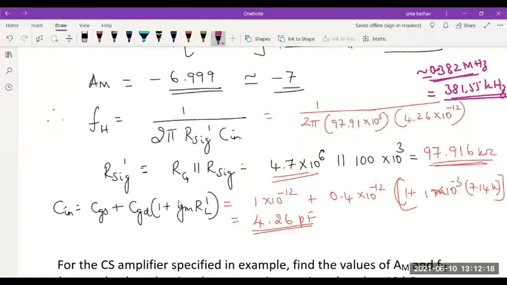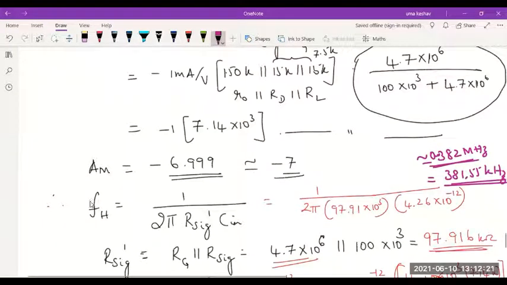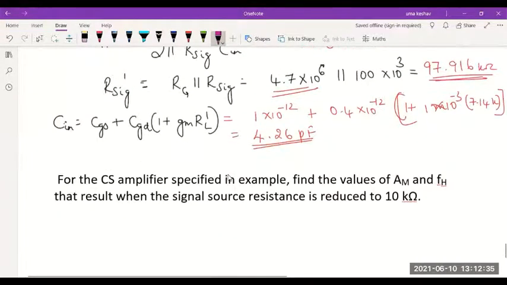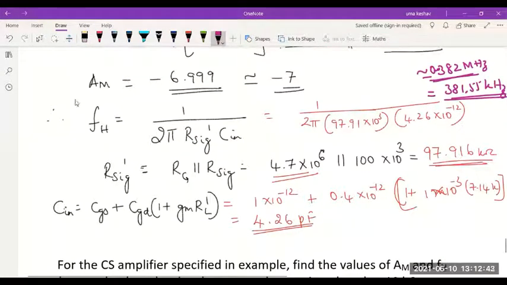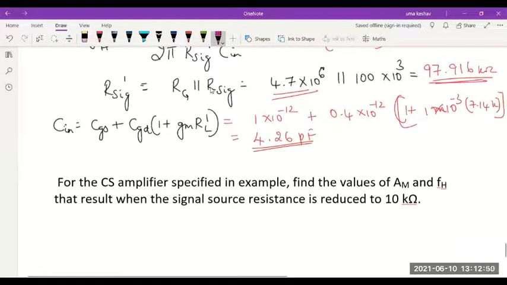I hope all of you understood how you should do. So always remember, in a single time constant low pass circuit, the cutoff frequency is always given as 1 by 2 pi RC. Which R and which C you should consider, you should remember. Next, when we do the low pass response in tomorrow's class also, you will again have the same equation for lower cutoff frequency, FL also. But the R and C which we consider will be different. Okay, please do this.